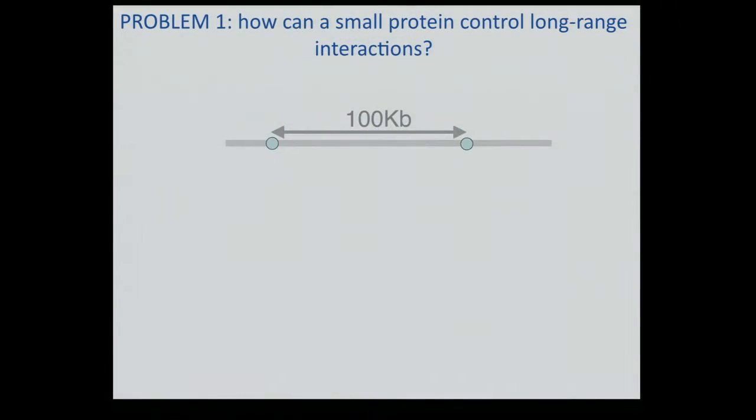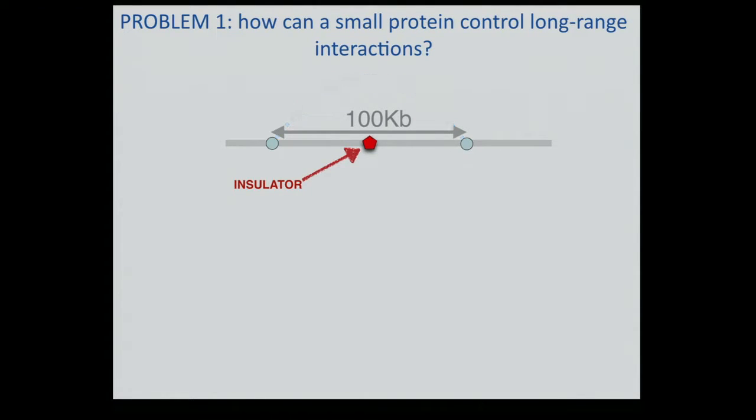Anyway, let me start by posing a problem. In many biological situations, you have two elements. One can be an enhancer, another can be a promoter, or other elements that need to interact despite being some distance apart along the genome. Our usual way of thinking about this is that they can interact somehow in 3D. There should be some sort of looping interaction between them. Now, in many cases, this looping interaction can be regulated by some sort of an insulator in between these two sites.